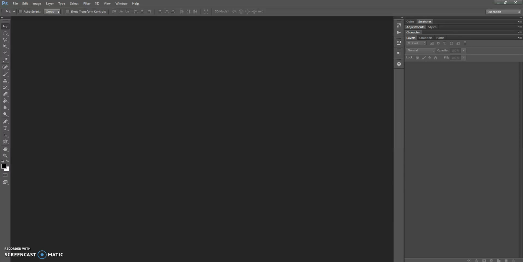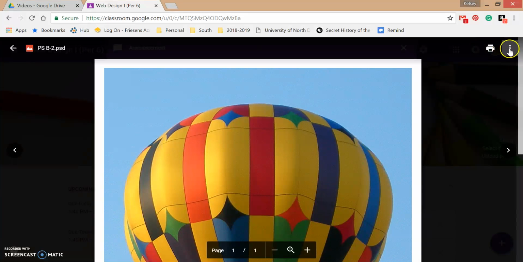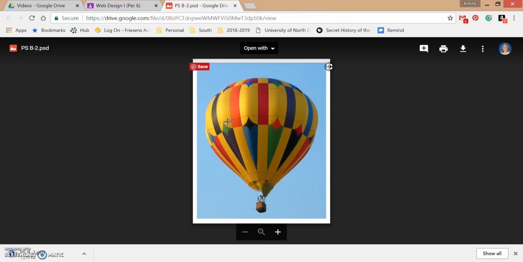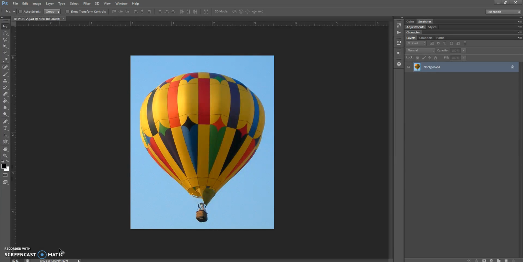So the next file we're going to open from Google Classroom is B2. It's the same hot air balloon, except this time there's no puzzle pieces to put in. Instead, what we're going to do is work with making some selections with our Magic Wand tool. So go ahead and download B2. And then you can open that